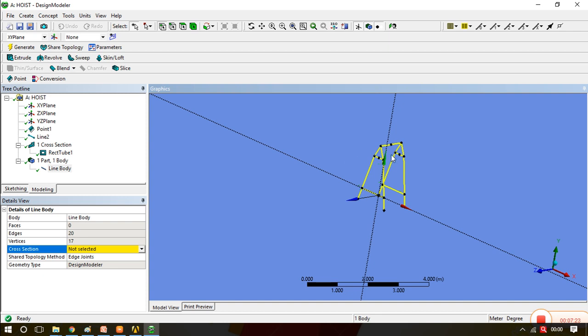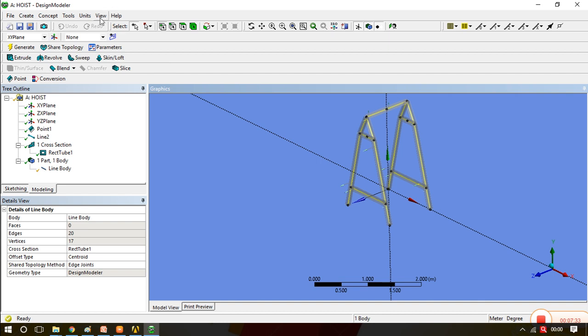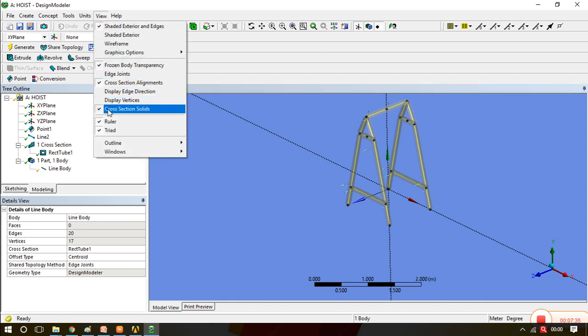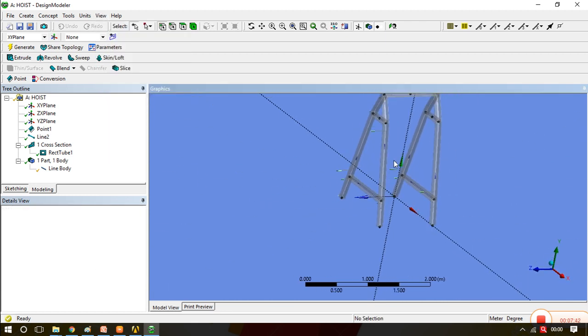Once we give the dimensions to the cross section, go to the line body and select the rectangular tube. As we have already activated the cross section solid option, we can easily see the cross section of that particular body.